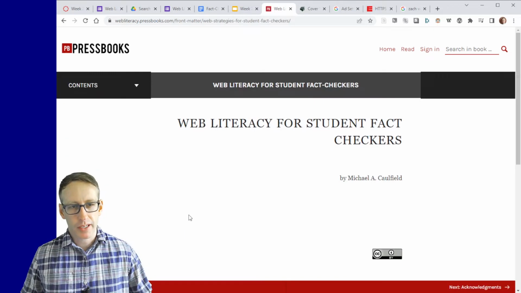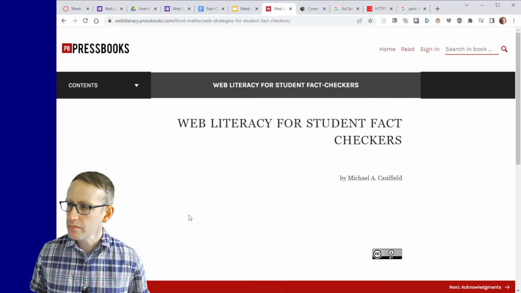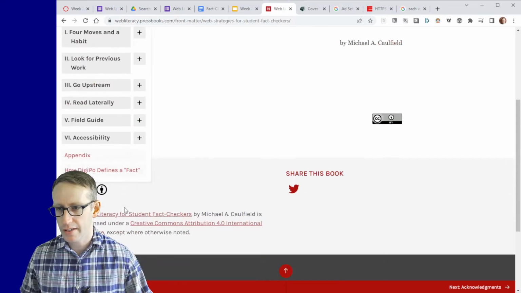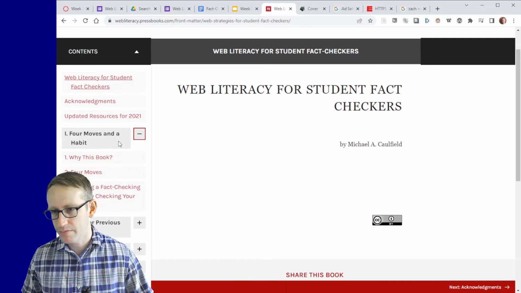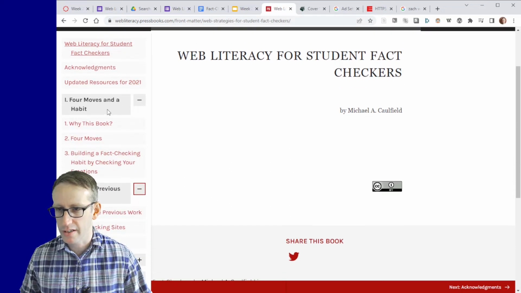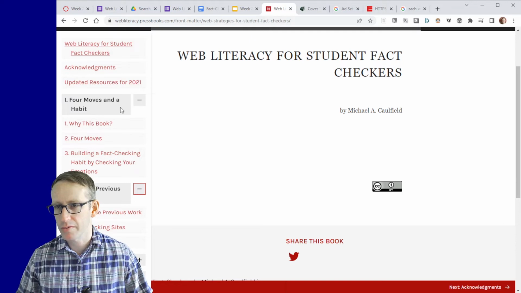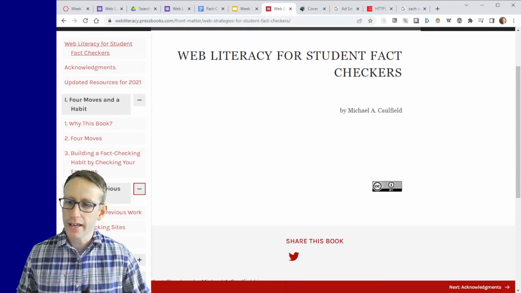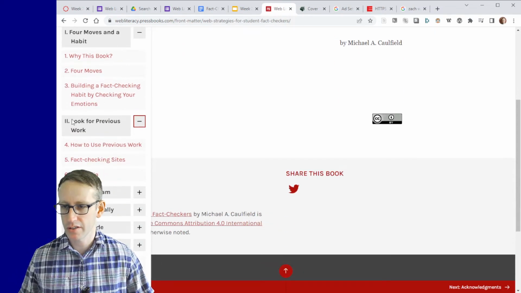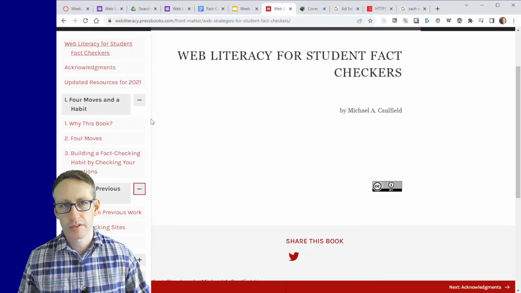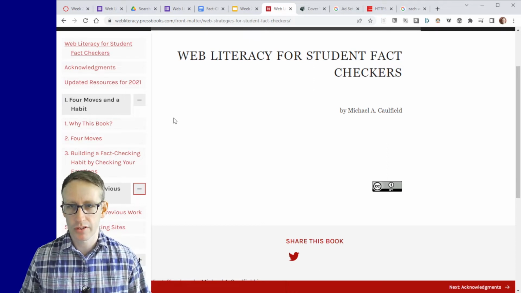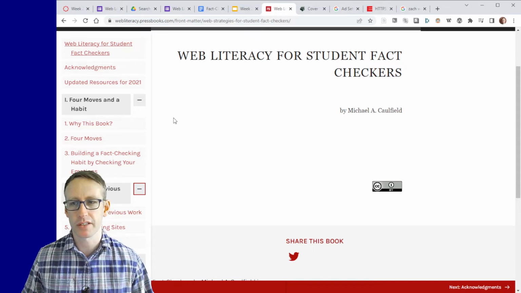And it's a textbook. It's open access. As you can see here, I'm clicking my way through it. It's published on a platform called Pressbooks. So that means that on the left here, you have the chapters, and then each chapter or section has sub chapters basically. So you can see these are the 4 habits, the 4 moves and a habit. That's the high level overview of this methodology that he talks about. And then each of the subsequent sections, like sections 2, 3, 4, dig deeply into each of those specific methods in what he calls the 4 moves. I'll talk about each of those moves and introduce it in my own terms in a little bit, but this is the basic structure of this website.